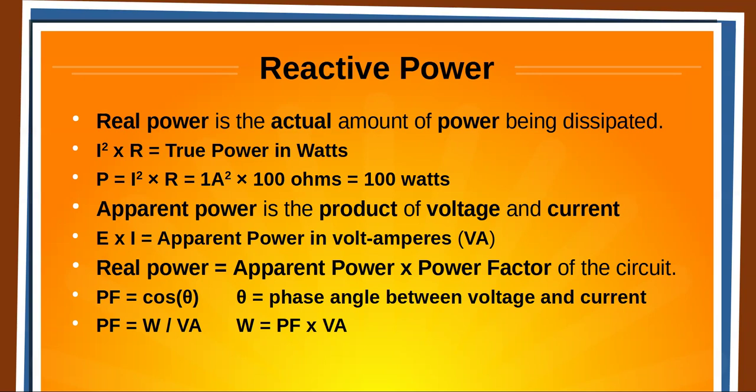The apparent power is just going to be the product of the voltage and the current. Now, if it's purely resistive, you're going to get the same answer. If there's reactance in the circuit, the apparent power is going to be different than the real power. And the real power will be equal to the apparent power, which is what the power company does. They take your voltage times your current